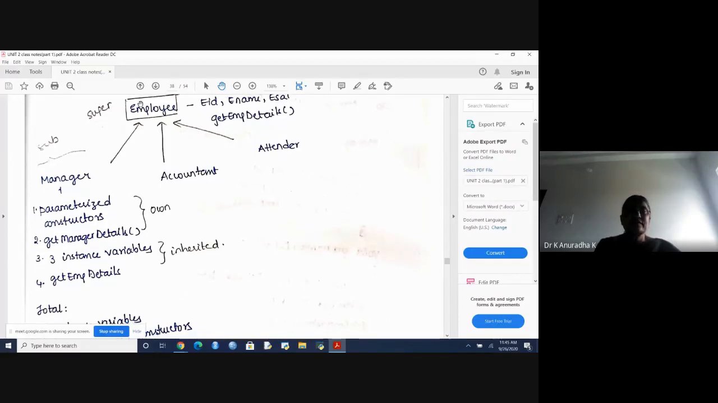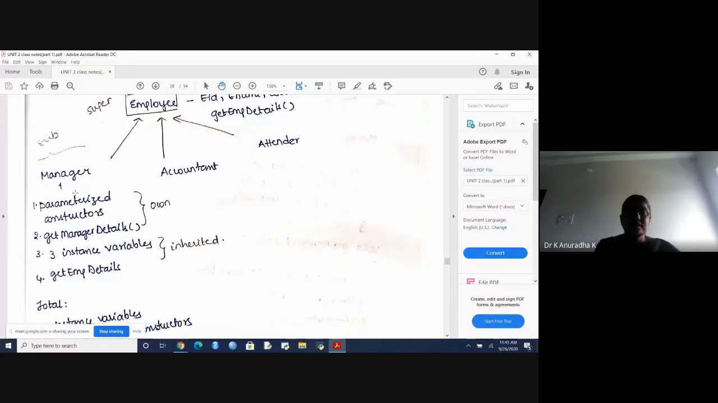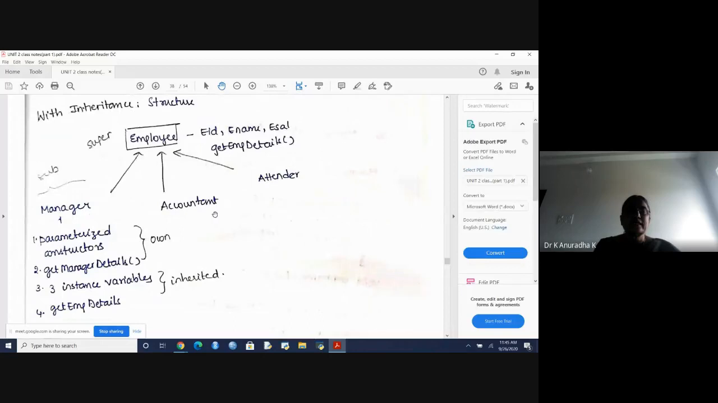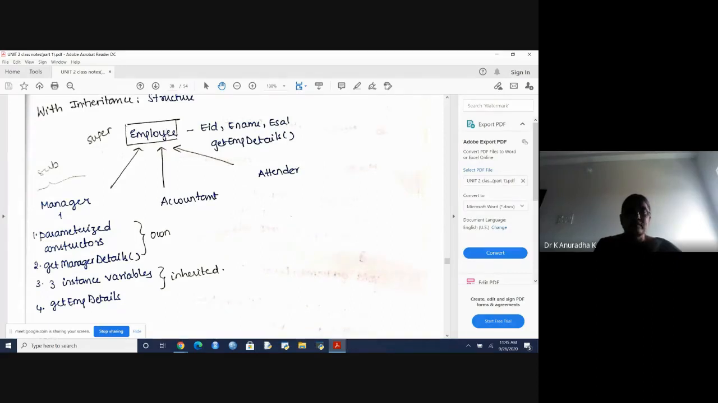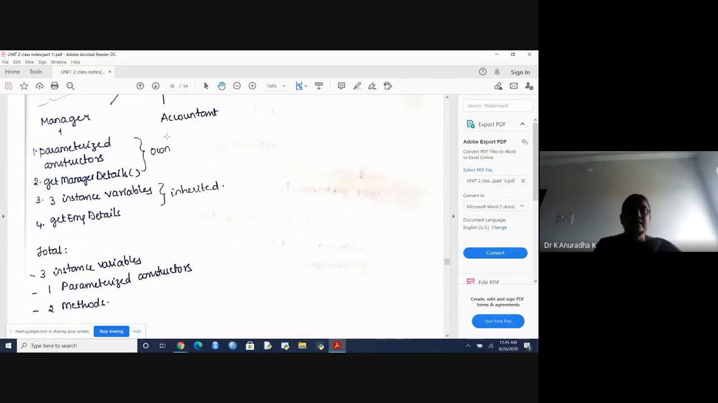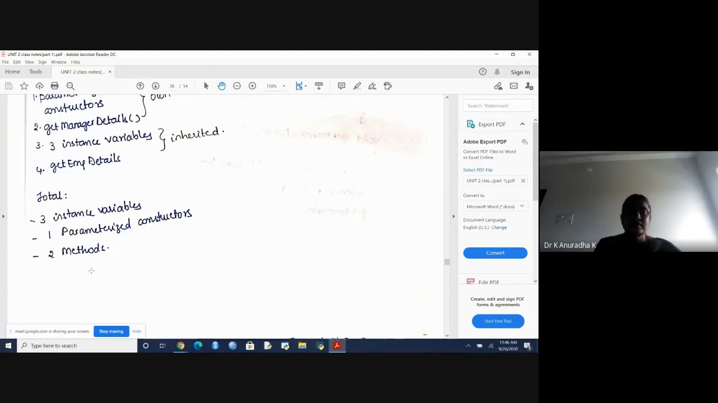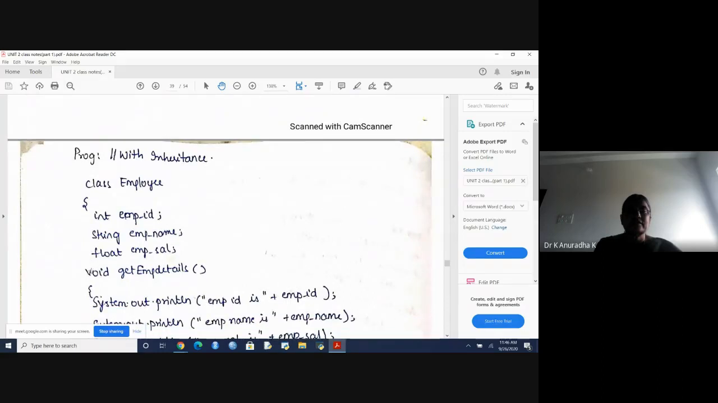So this is the concept of inheritance, superclass and subclass. Here you will get code reusability. Without writing the same code again and again in each class, we will write the common code in only one class, and that common code is inherited to all its subclasses. Common code we will write in the superclass, and specific code we can write in subclasses. Next, the manager class contains 3 instance variables, one parameterized constructor and 2 methods. Okay, next we will write the program